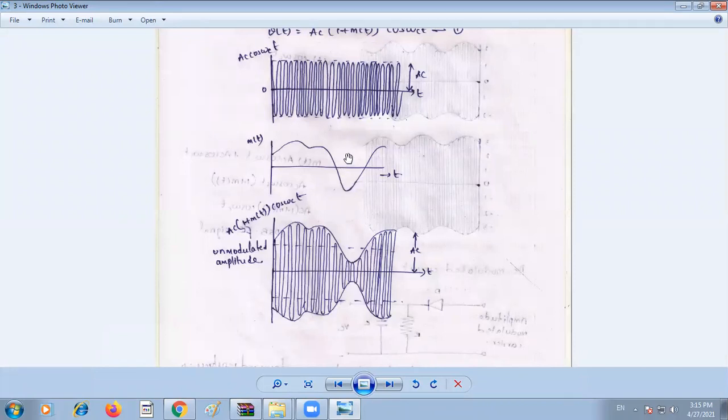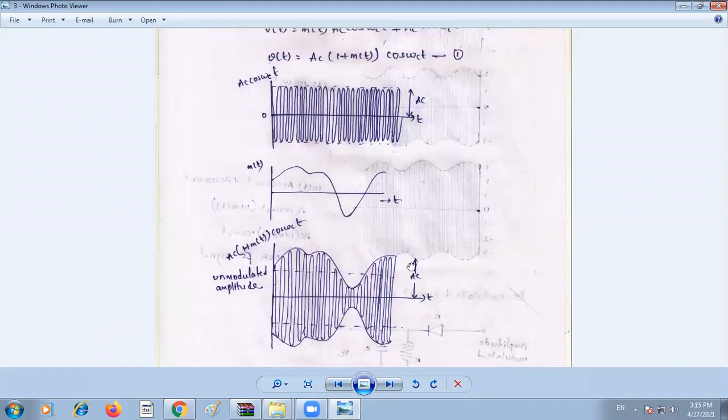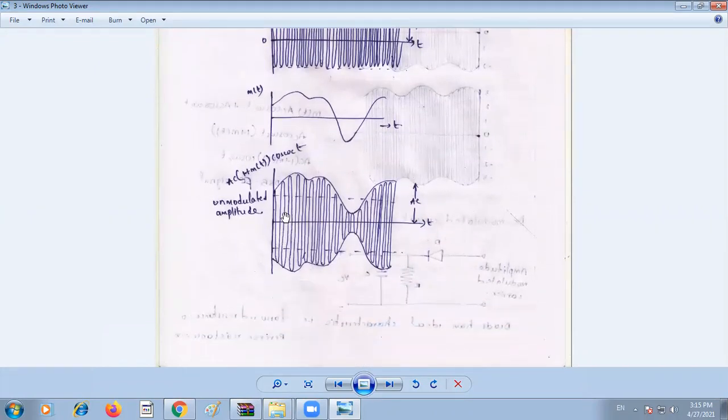You already derived this in the last class, is it not? The amplitude modulation definition is that the carrier amplitude changes according to the modulating signal changes. Now this is the amplitude modulated wave. See that the envelope takes place: the positive side envelope and the negative side envelope. Observe the dotted line. In the dotted line there is the unmodulated amplitude, that is the amplitude of the carrier.